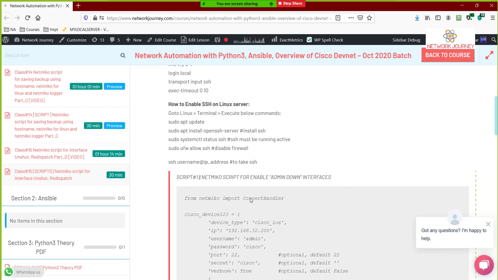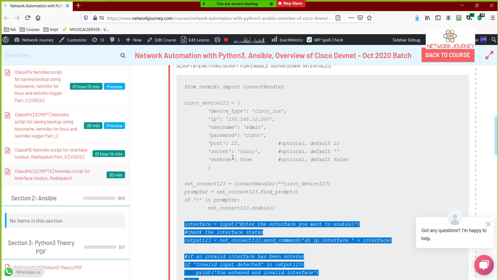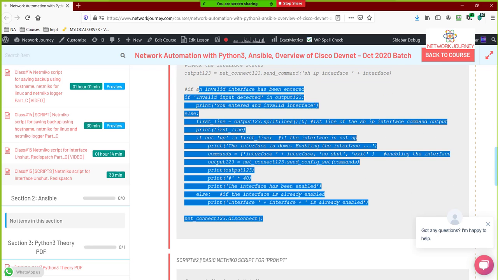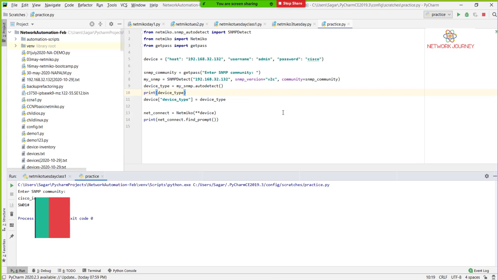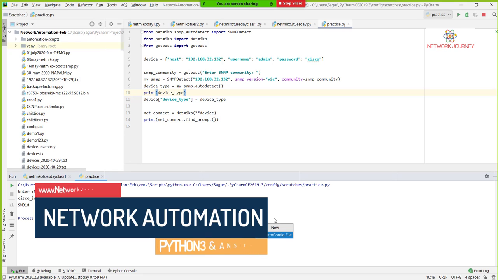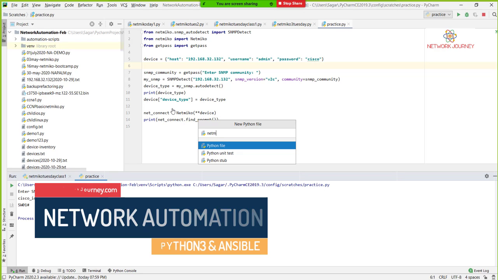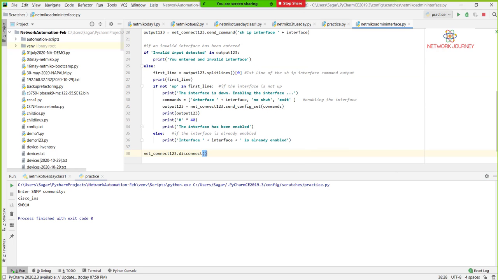you will come out of the script. So this was the scope, and you guys wanted me to have some kind of inclusion where I just don't end the script, but it prompts me for another interface. Okay, so we can do that. What I'll do is I'll just copy the whole thing. If I put it over in a new file, so let's say Netmiko admin interface something .py. If I just keep it here,